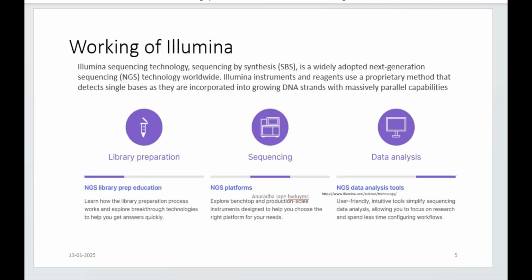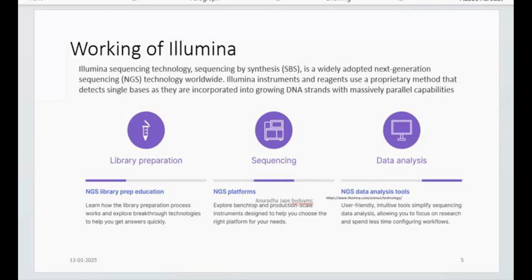The sequencing by synthesis method adopted as next generation sequencing is the Illumina method. A very important point about this is that it is a massively parallel methodology. Massive and parallel, these two are very important words. We are going to talk about the MPSS system also in detail. When it comes to Illumina methodology, you might have understood by now that it is about sequencing DNA fragments using sequencing by synthesis.